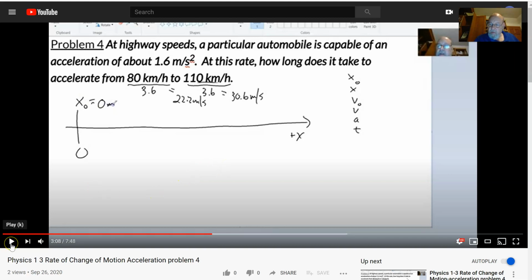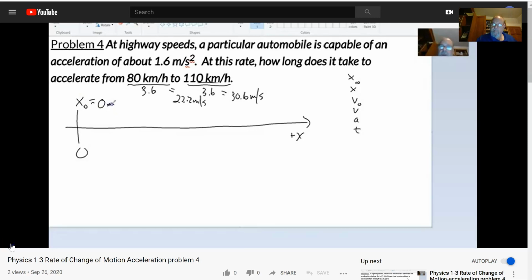Okay, so let's finish this problem in this discussion. In this case, we're also not told what our final position is, so we'll come over here and say x is question mark. Then the next piece of information we collect is the initial velocity, and in this case, we were told the